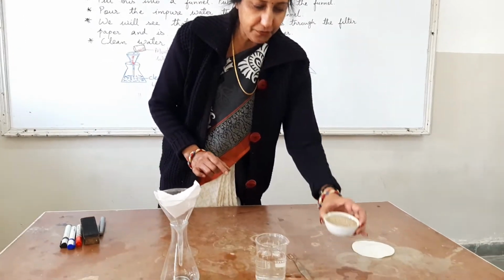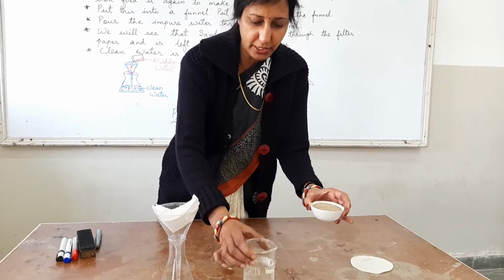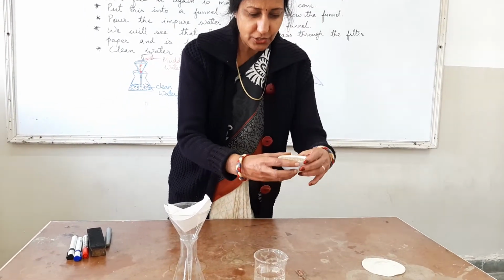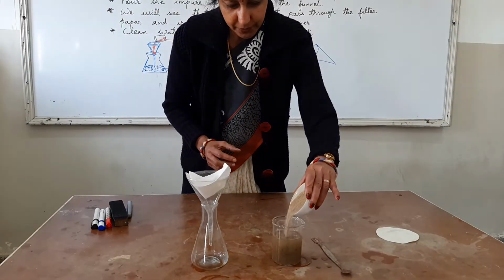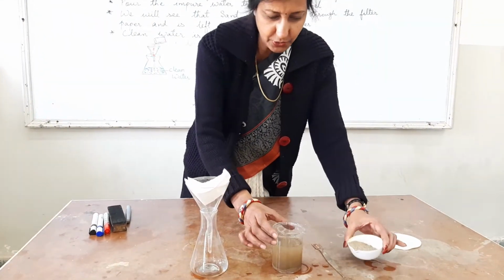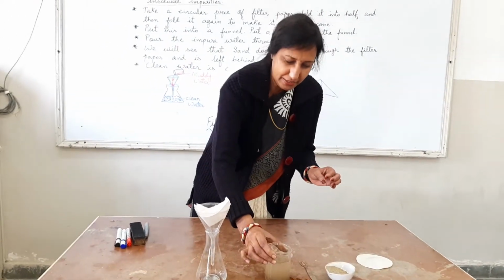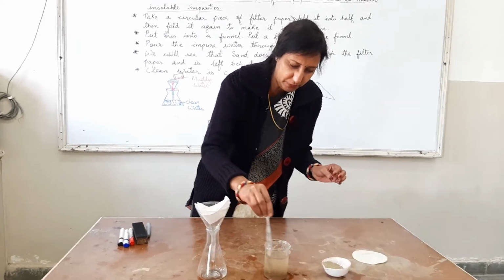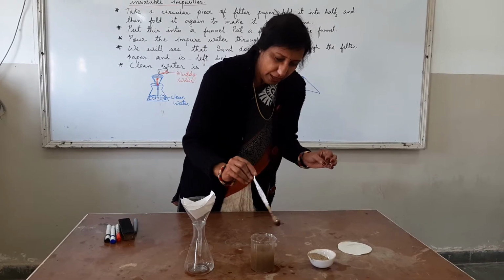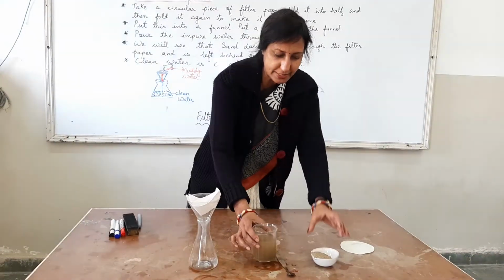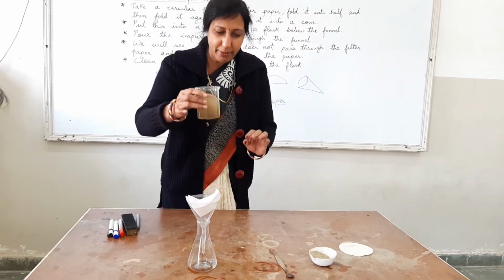Now next, children, I have arranged for sand which is here and a beaker which is holding clean water in it. And children, I am pouring the sand in this beaker. See carefully. When I am pouring this sand out here, you can see that the clean water has become muddy. And here you can see the muddy water which is kept in the beaker. As the water was clean before, but since I have poured the sand in it. Now what am I going to do, children?